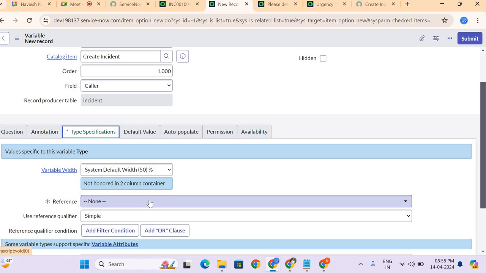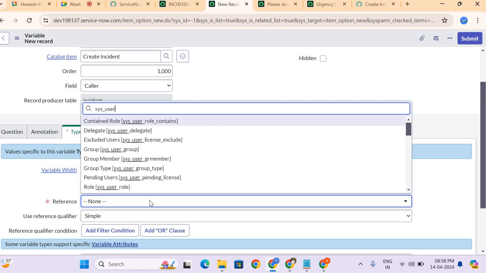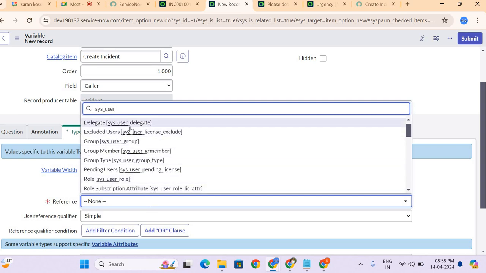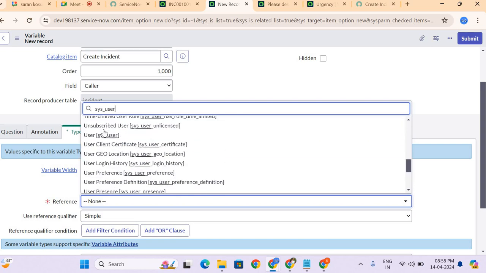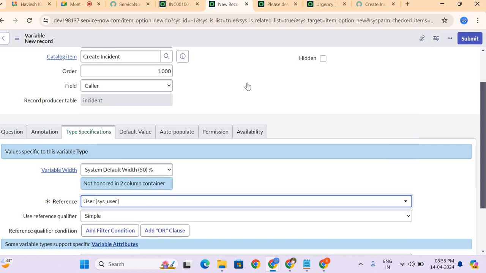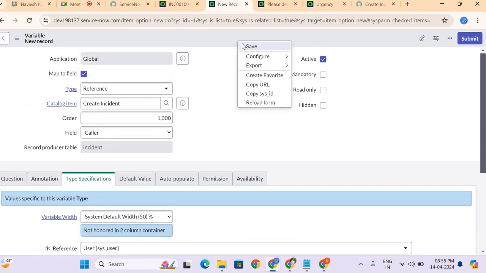In incident we are mapping it to the user table. So here also I'll be referring to the user table. I have this table user, and then let me save this.